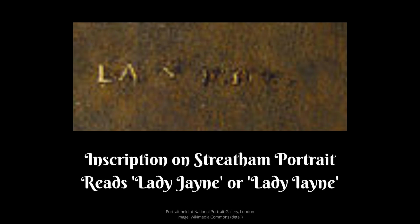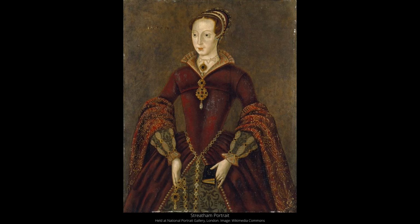If it's not Lady Jane Grey though, what other Lady Jane had a sufficiently high profile that someone would be prepared to pay for a portrait of her to be made 50 years later? No convincing answer has been put forward, and we are left with the likelihood that this is indeed a copy